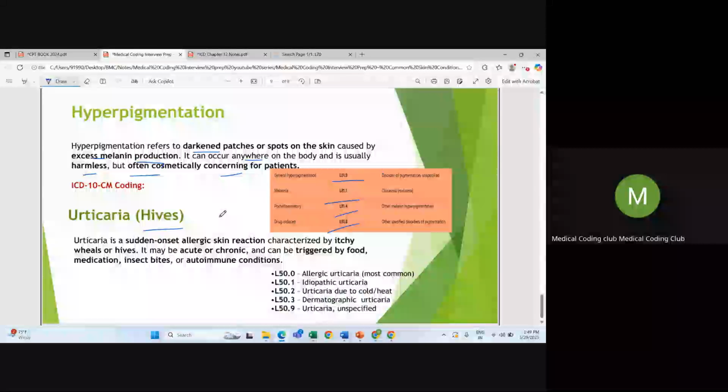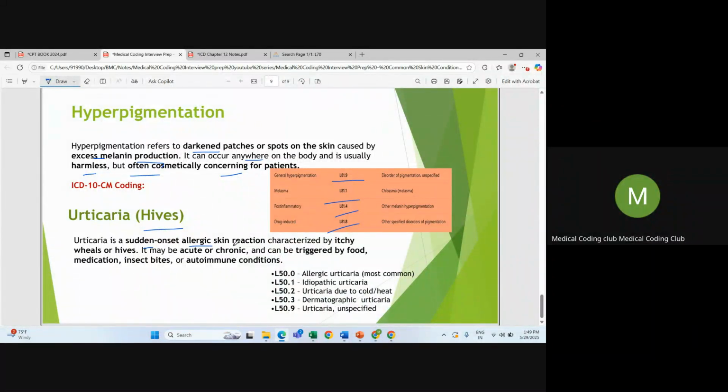Next, we have hives. So hives is a sudden onset allergic skin reaction